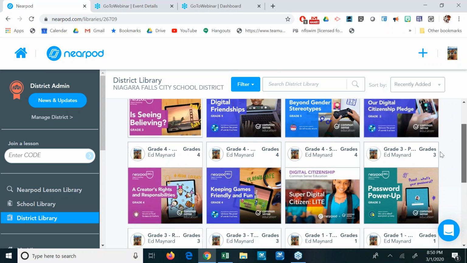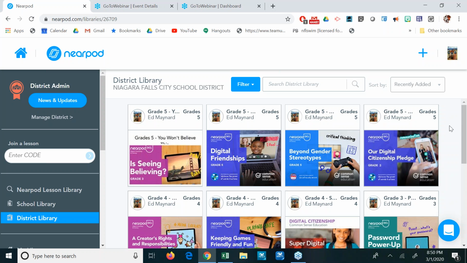But all these lessons that are already in the district library, these are all the required district mandated ISTE lessons that we created over the summer when we started doing some alignment within the ISTE standard. So luckily we found a lot of the lessons that were already done within commonsense.org, and commonsense.org and Nearpod are kind of buddies. So it just kind of fell in my lap. I wish I could take a little bit more credit than that, but I really can't. It kind of just did happen that way. But I was able to find those commonsense.org lessons in Nearpod and then make them more engaging lessons.